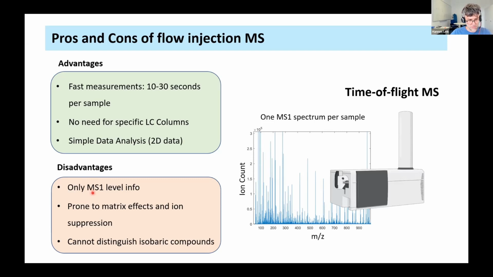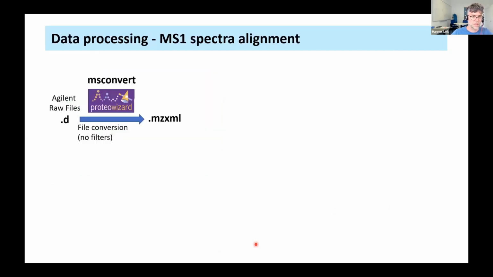And then also something we learned and we tested now extensively is the effect of the matrix and what happens in the electrospray. Because all analytes and the matrix enter the electrospray at the same time. So you can imagine this method is very prone to matrix effects and also to ion suppression. And of course, everything with the same mass is impossible, not impossible. So there are ways to distinguish. It's very difficult to distinguish isobaric compounds, isomers.